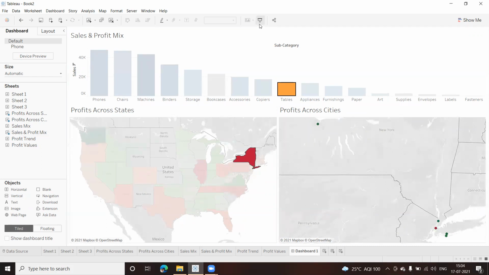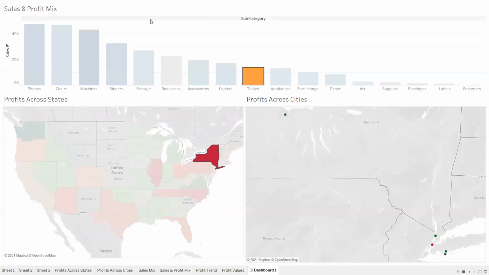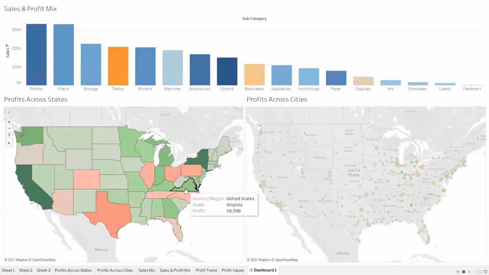When I display this as a presentation, it will look like this. I can select this, and click on this again. This is the full picture. Now, I can check each of them, but I'm not interested in each of them. I'm more interested in the values that give me different insights.